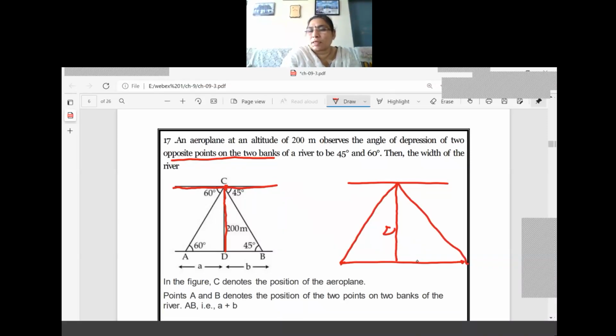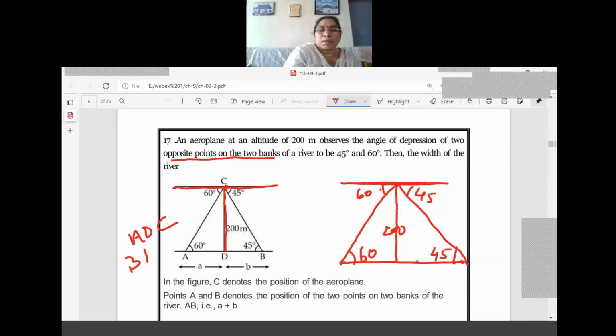This height is already given, that is 200. Now here this side angle of depression means horizontal line we have drawn. So it is 60 degree and this side it is 45. So if it is 60 means what is the concept here? Here also 60 and here also 45. So we'll get two right triangles. Which are the two triangles? ADC. Now see the diagram. ADC and BDC. Now, which are the equations we should form? Tan 60 we should form, tan 45 we should form.